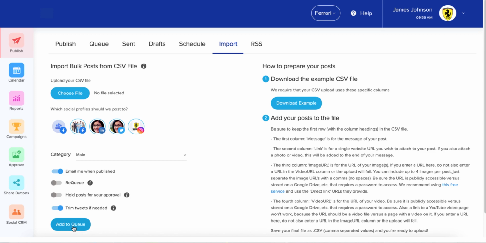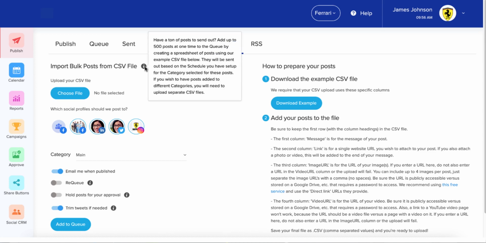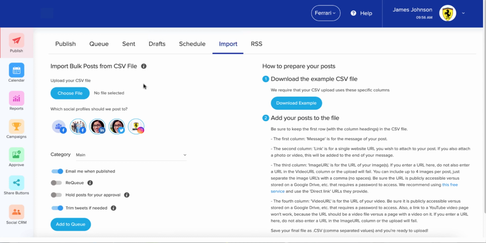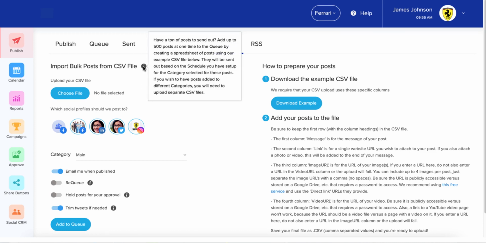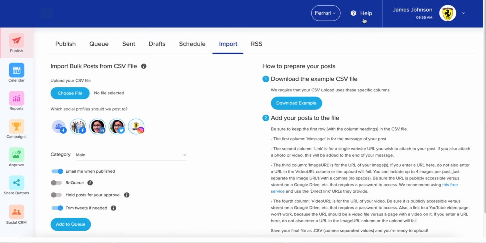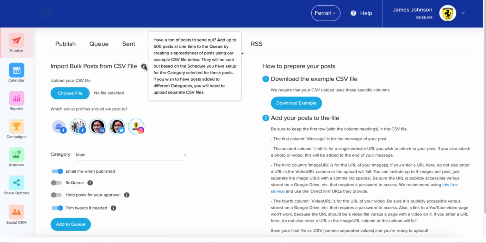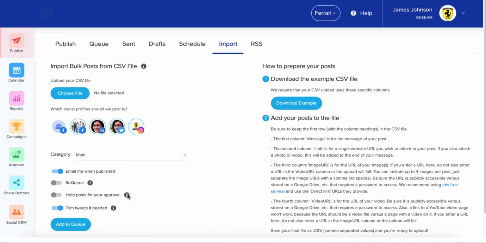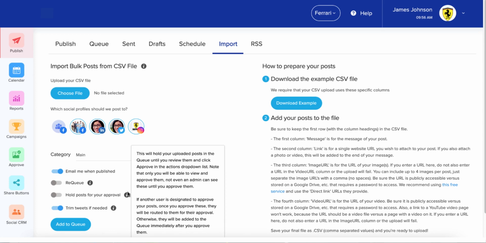If there are any errors, don't worry, it will tell you and ask you to go do them again. And it will even tell you which row of your spreadsheet has an issue. I want to show you these hover over icons. You'll find these throughout the software. These are just little tooltip icons to show you, without having to jump into the help file or knowledge base, some information right there on the spot about this particular option or this particular section of